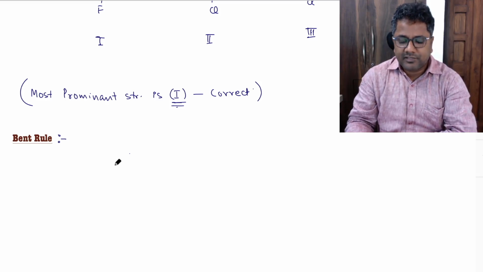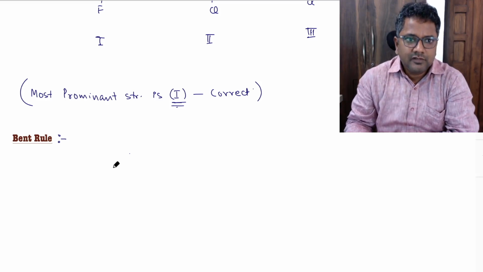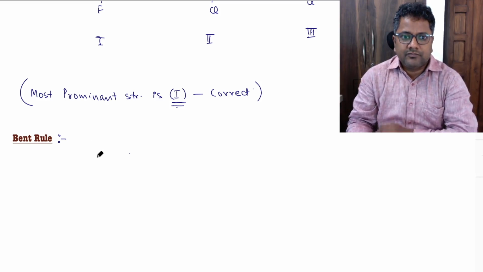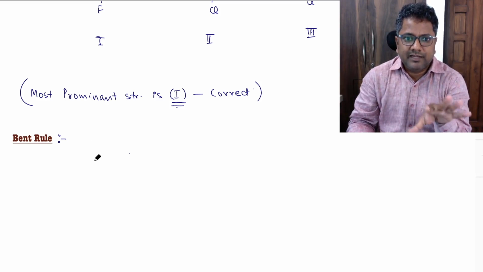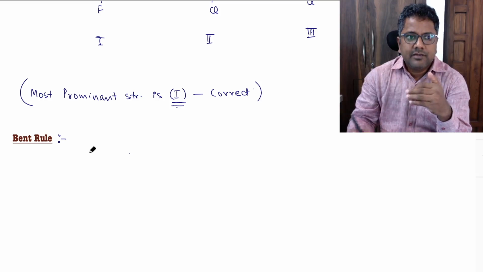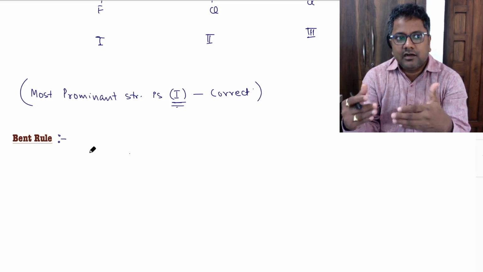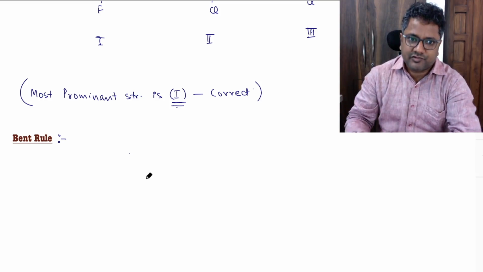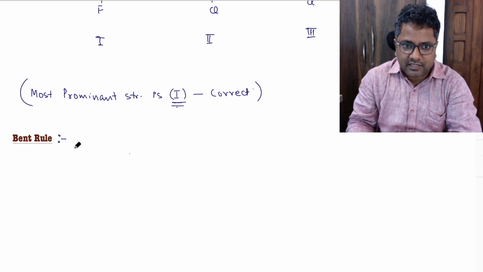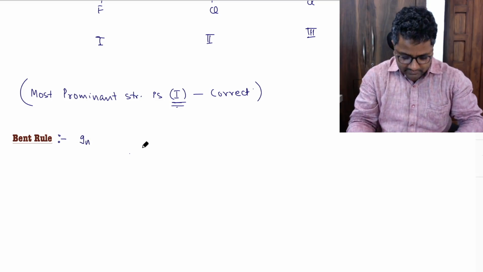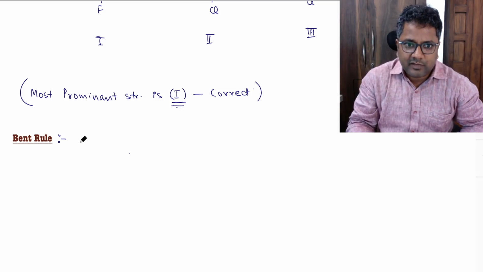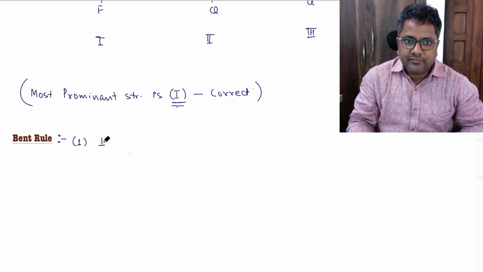So, first, I'm going to give you the formulation of this Bent rule and then the application. Maximum application you will get for non-equivalent hybrid orbitals. I'm giving you the statement in two parts. First part, in case of